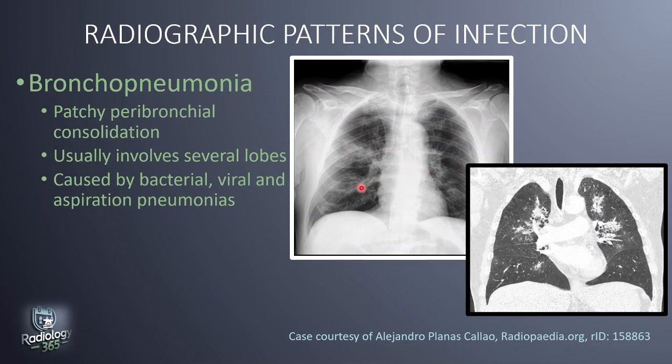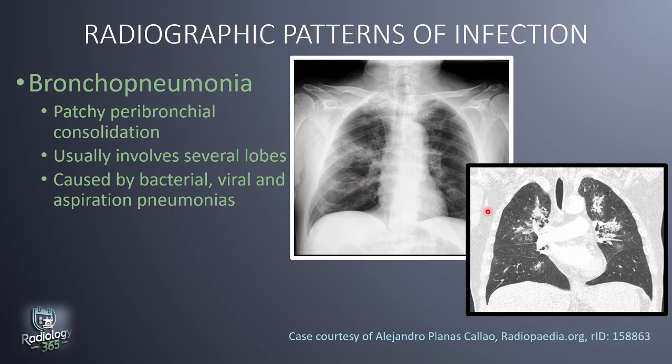Then another pattern of lung infection is bronchopneumonia. Unlike lobar pneumonia, bronchopneumonia is patchy peribronchial consolidation, and it usually involves several lobes, not confined to only a single lobe. This is also caused by bacterial, viral, and aspiration pneumonias. So in this frontal chest radiograph, we see bilateral ill-defined patchy opacities of right perihilar and central predominance. So we see this opacity here, we see some opacity here, there's another one at the lower zone here, and